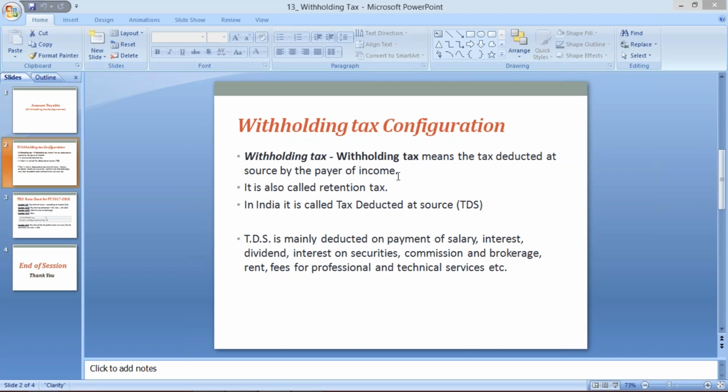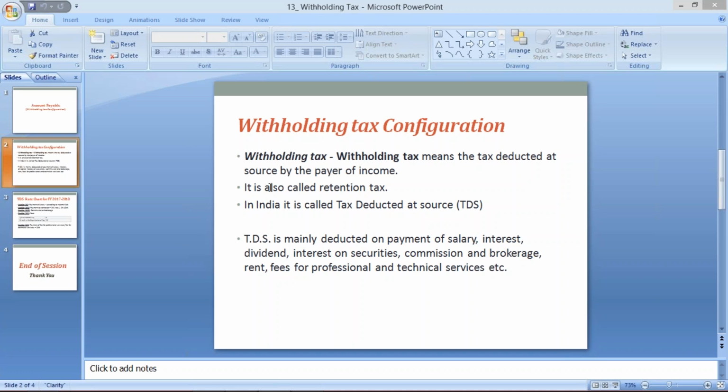Now, it is also called retention tax. Why is it called retention tax? Because this tax, withholding tax or TDS, if you talk about income tax, is deducted by the employer of the organization. Let's suppose I am working in Wipro Technology, then what will happen?